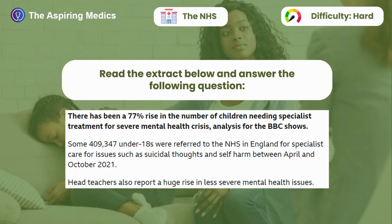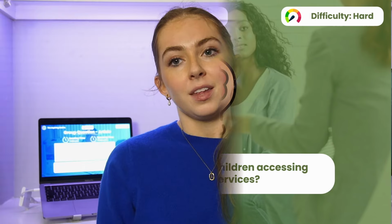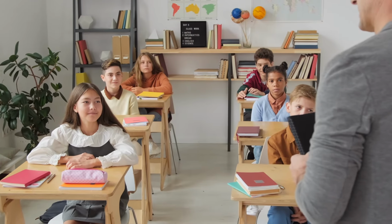Have a read through of this article. What are the barriers to children accessing mental health services? Okay, so I think there are a lot of barriers surrounding children accessing mental health services. I think to start off with, education. I think it's improved a lot